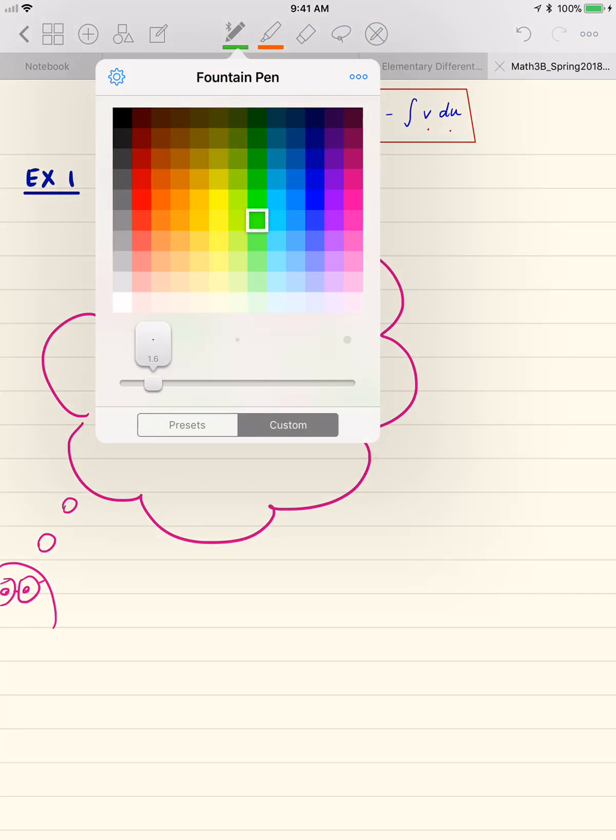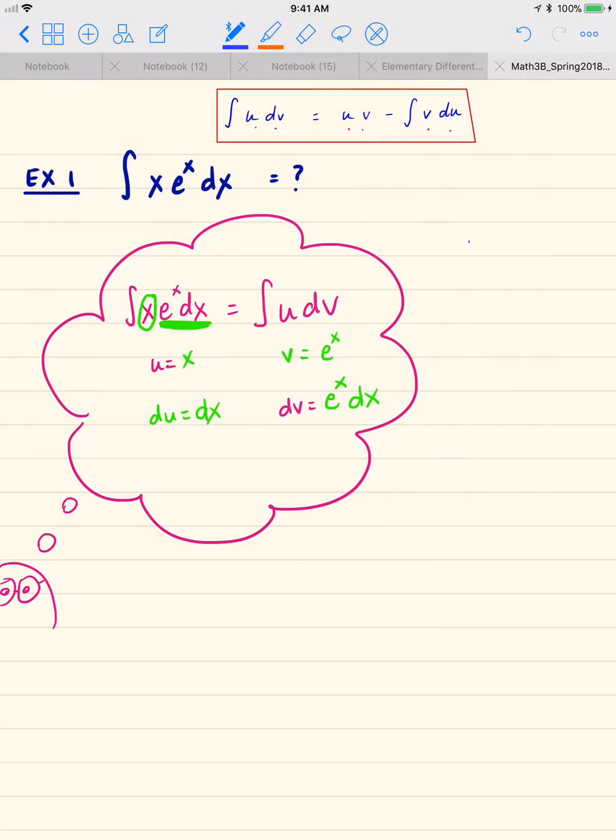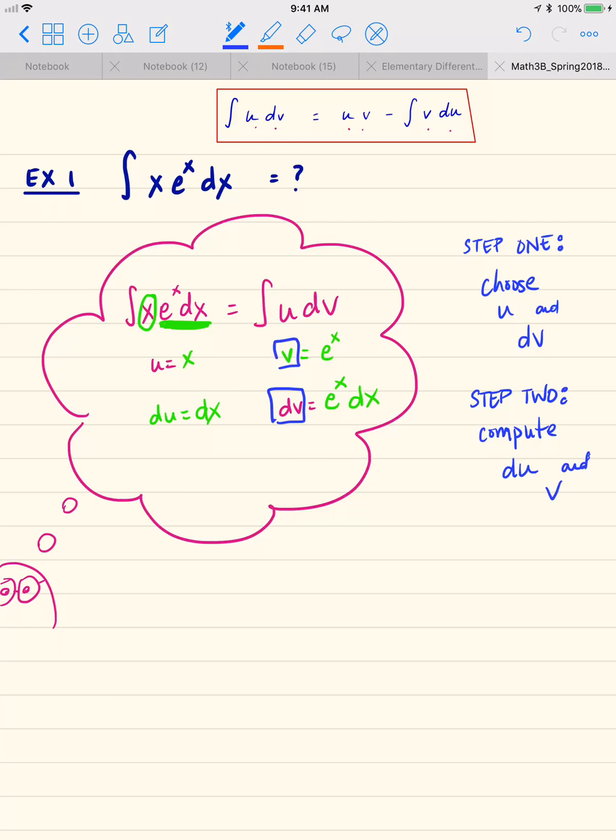So step one is to try to choose u and dv. Step two, once I've got u and dv, I need to figure out du and v. If I've got dv, I have to ask myself, what was v in order to give me that dv? It's usually easier to compute du because you have u, so you just take your differential. Step three is to use the formula and hope that you have